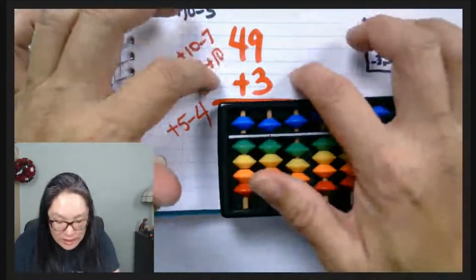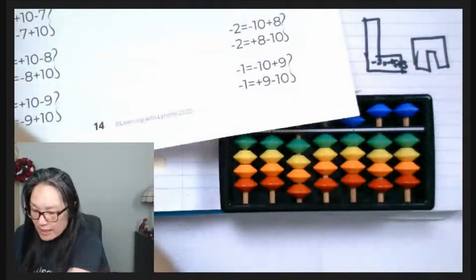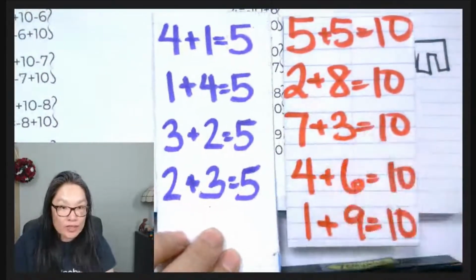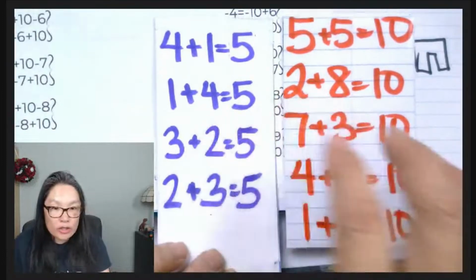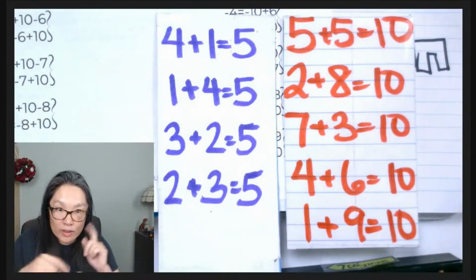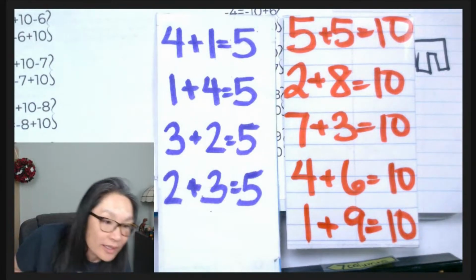This is an example of a two-step equation. A two-step equation meaning, as we talked about earlier, there are these concepts that we're teaching the children, but that's as far as it goes. Whereas in abacus, we actually take it one step further. We actually level them up, because I feel like an abacus is